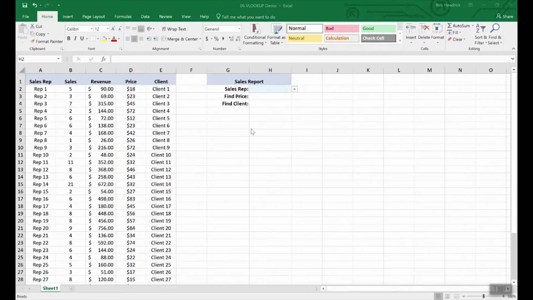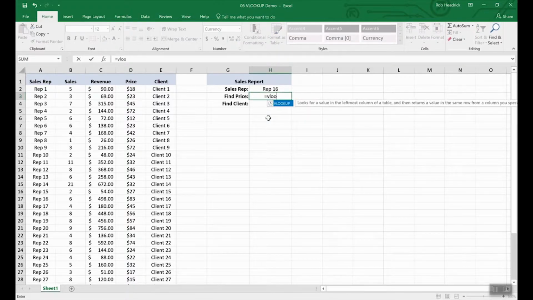Next to the sales rep, I've already done a data validation using a list as the criteria. I covered this in a previous session. And all the reps are available from this drop-down menu. Okay? So let's just pick a rep, and we're going to use the VLOOKUP function to find the price. So we start in the standard way, equal VLOOKUP. And now we're going to use our lookup value, which is actually whatever is in cell H2,